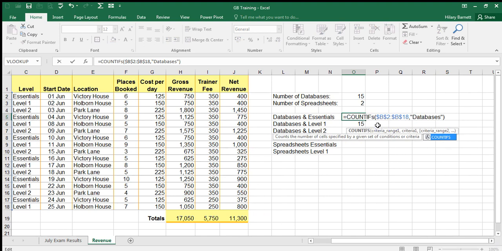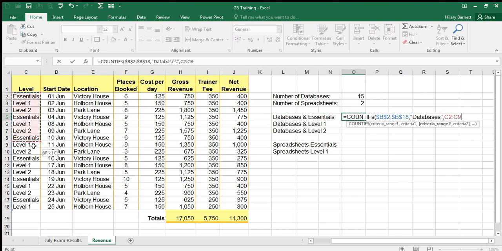So Countifs B2 to B18 is databases. Okay, and we're just going to add some more onto this. And then the next range will be C2 to C18. So I've put the comma, I'll highlight C2 to C18. You could type that in yourself. And then that will be comma essentials